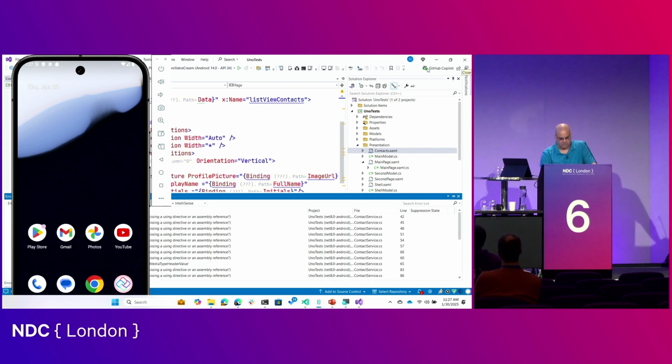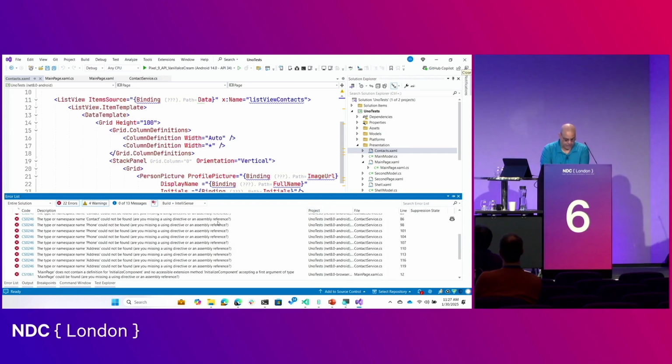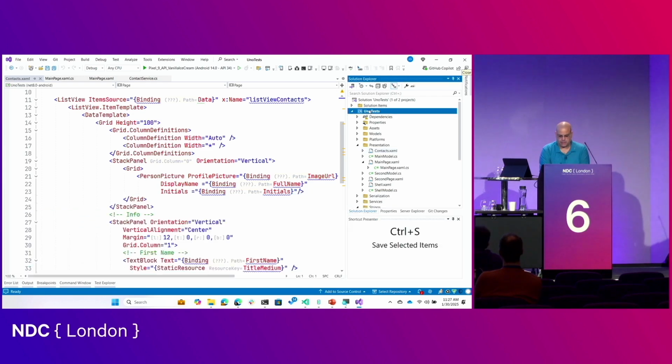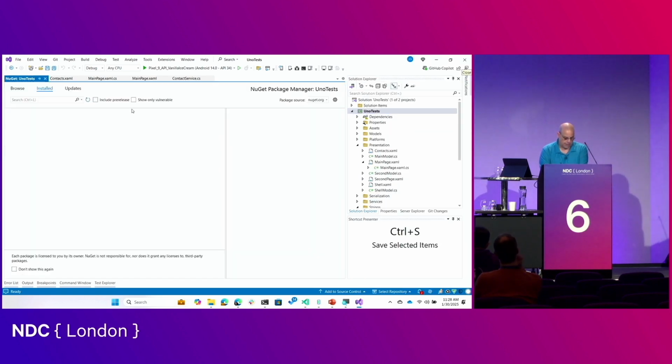Oh, I think it's going to fail. Like I said, I forgot something. I forgot to add some references. I need to add a reference to 2 NuGet packages in order for this to work. So let's do manage NuGet packages,